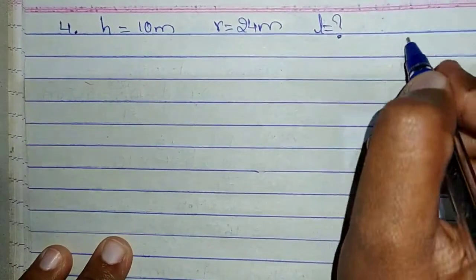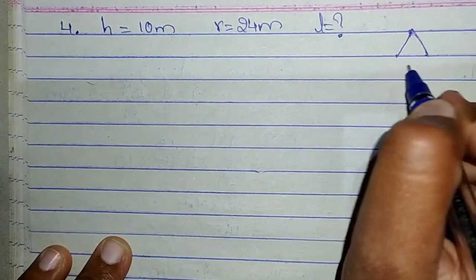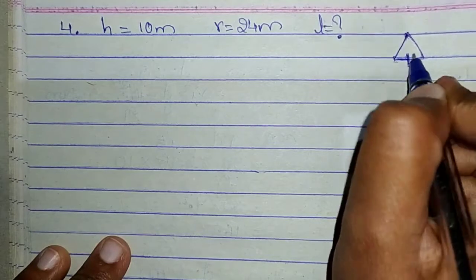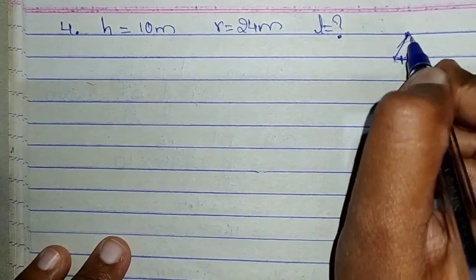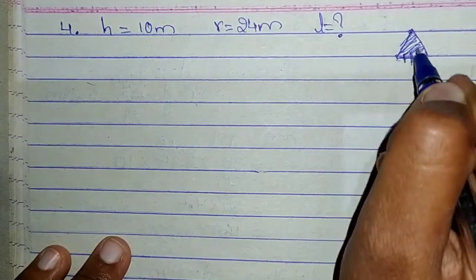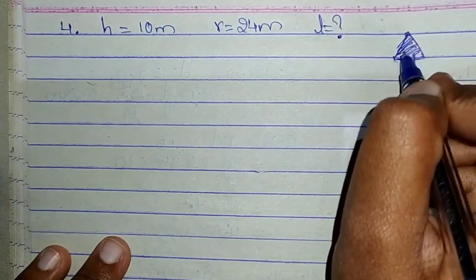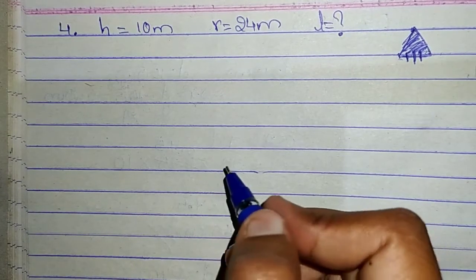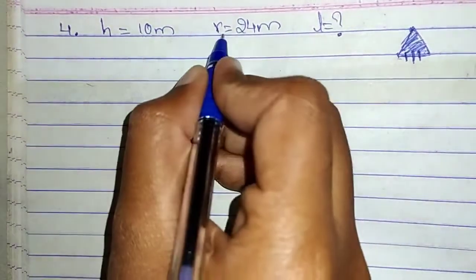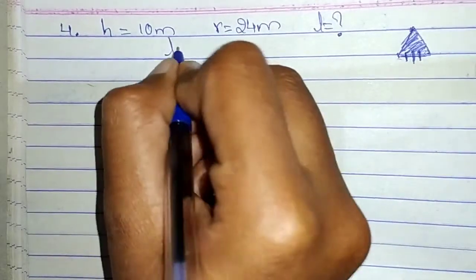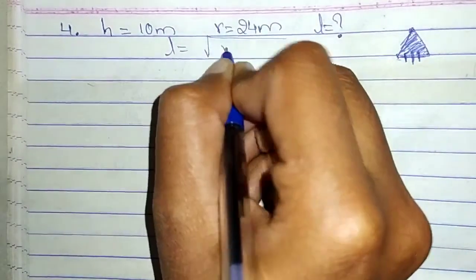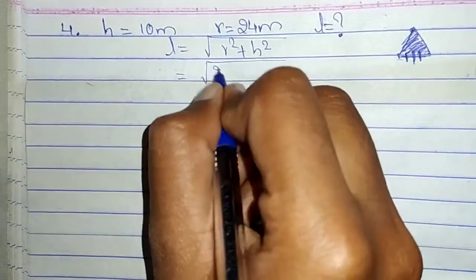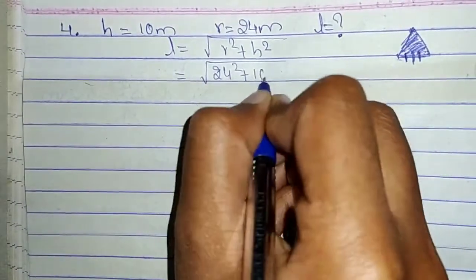So when we are talking about a tent, about putting up a tent, then we are not considering the area at the bottom. So we will only be working with the curved surface area. To find the cost, we have to find the curved surface area and multiply it with the rate they have told us. So now we know H, R, and to find L, L is equal to under root R square plus H square, which is equal to under root 24 square plus 10 square.